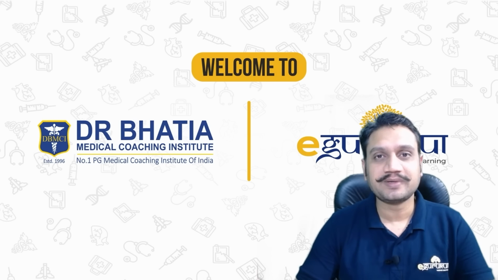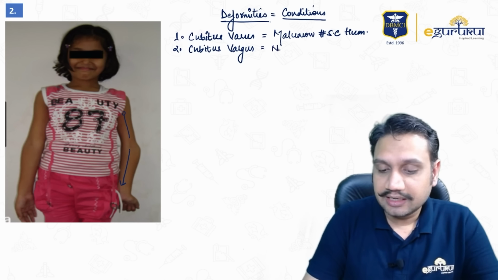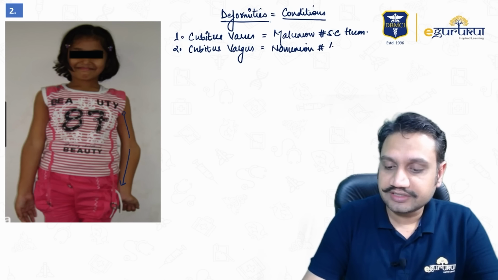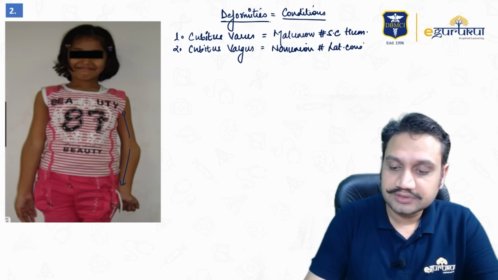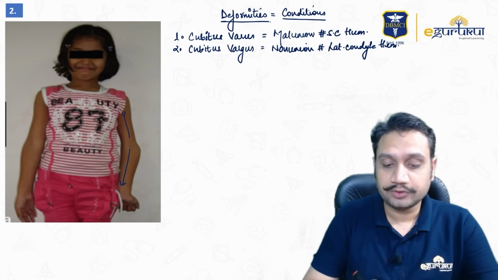Okay. Second, similarly, if a child comes to you, if an image is given to you which shows cubitus valgus, then what is the most likely cause? The most likely cause will be a non-union of which fracture? Non-union of fracture lateral condyle of humerus. Number two. Number three